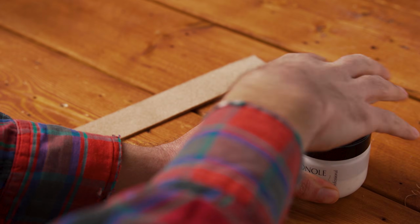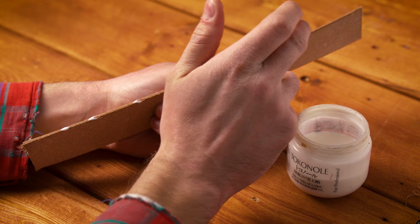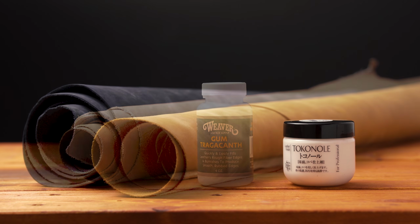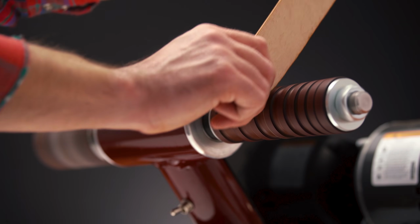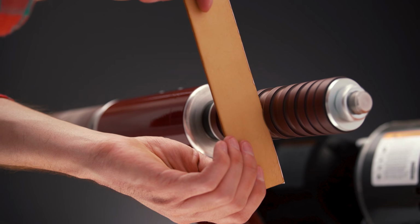Prior to burnishing, you will want to apply a thin layer of either gum trag or toconol to the edge of your leather. Veg tan leather burnishes well with either gum trag or toconol, while chrome tan leather burnishes best with toconol. Once you've applied the product to the leather, burnish using the wooden roller, making sure to hit the entire edge. You can then apply another layer of product and burnish again, and repeat this process for even glossier